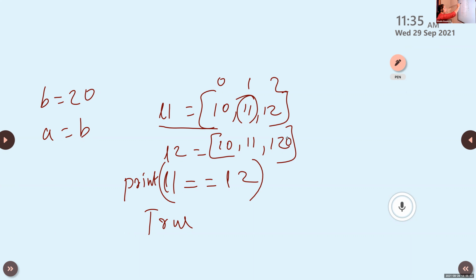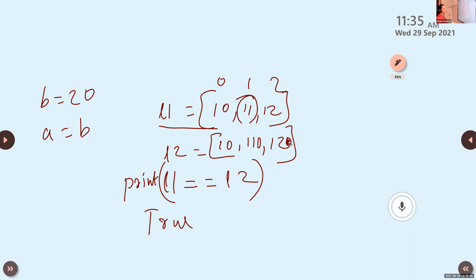If it is okay, it will move to 11 equal to 11. If it is okay, then it will move to 12 equal to 120. If there is one difference, it will first compare 10 and 10, which is okay, then 11 and 11, and if they are not equal, it will not move to the next value, it will answer as false.